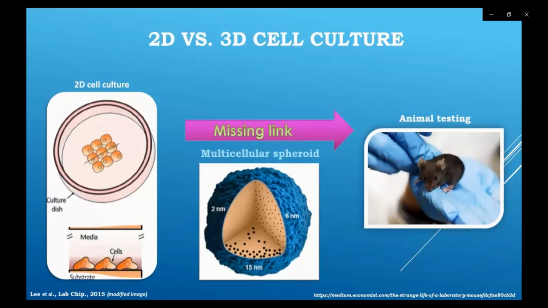Due to the disturbances in interactions with the external environment, cells growing adherently lose their polarity, which changes the response of those cells to various phenomena, such as apoptosis. These disadvantages are not met by using the 3D cell culture, this type of cell culture being much closer to a real tumor environment. So we can consider the spheroid, or the 3D cell culture method, the missing link between the 2D cell culture and animal testing.